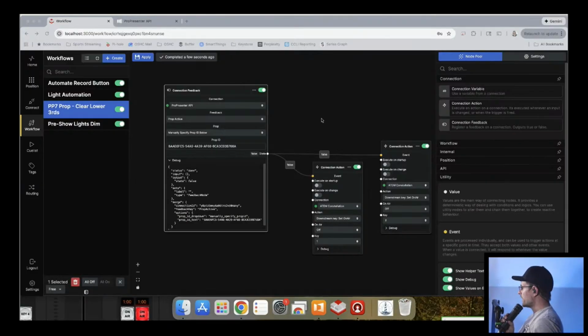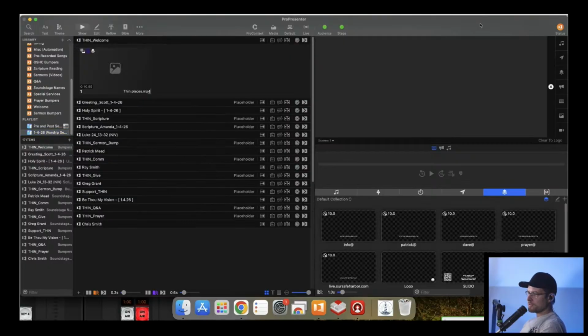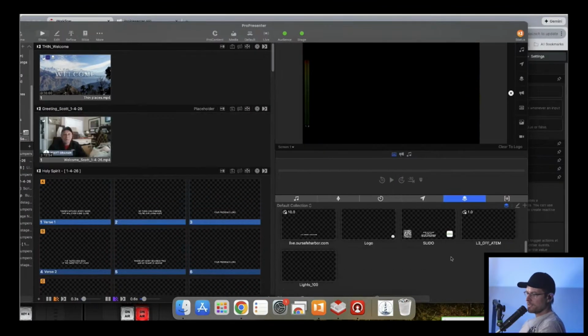So this is why I struggled with this API before. Honestly, you shouldn't have to pick the prop ID from the API list. It should be integrated here in the workflow module, or even in the module itself entirely.